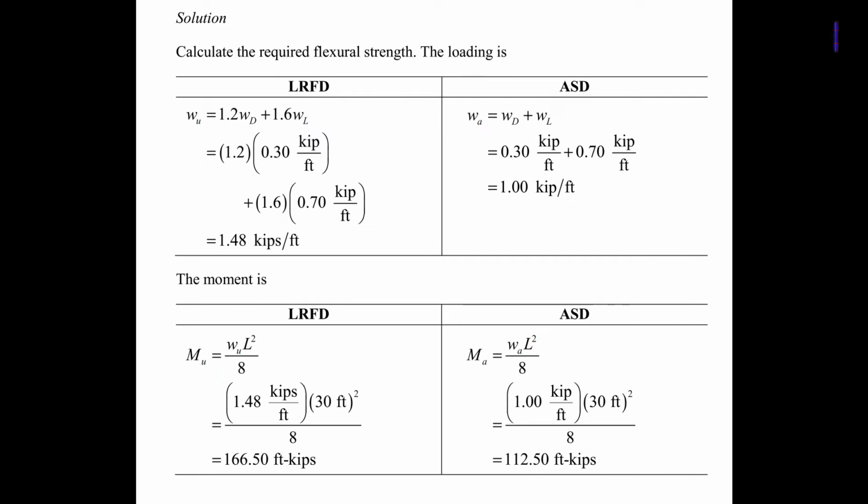For LRFD, the ultimate moment is equal to the ultimate factored load times L squared over 8, and this is equal to 166.50 feet-kips. For ASD, the allowable moment is equal to the allowable load times L squared over 8, and this is equal to